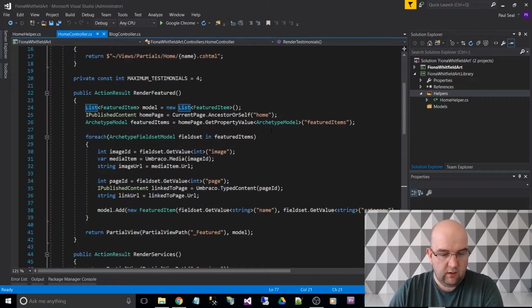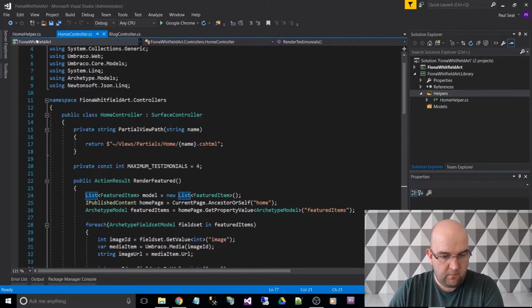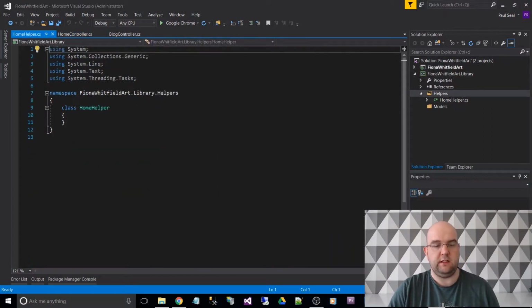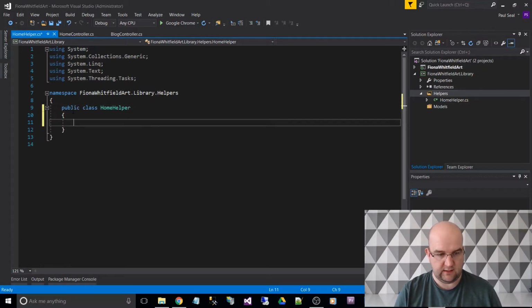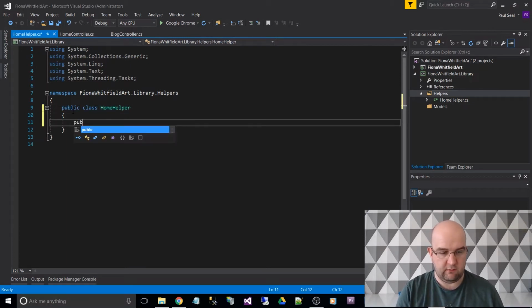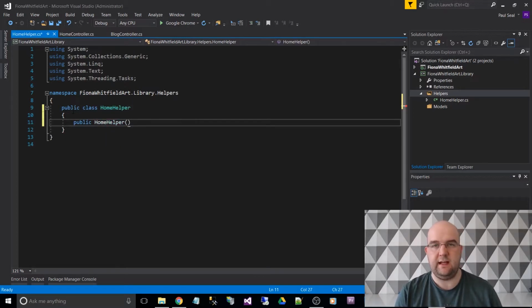So what I'm going to do is set up some initial properties that I want in the constructor. So public class, so that's the class HomeHelper. Then I'm going to do a constructor HomeHelper, and in it I want to pass in the current page that we're using. So I need to